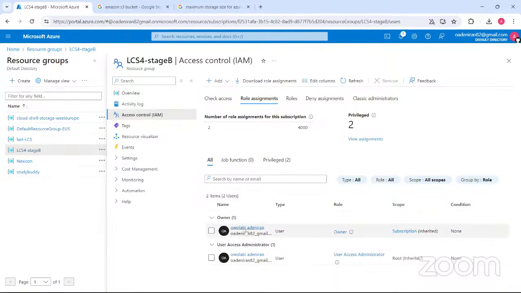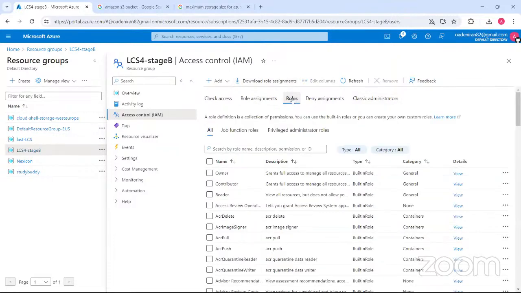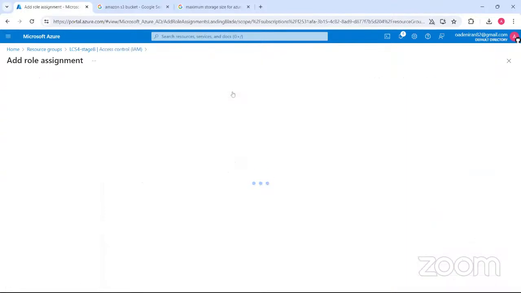So if I come here, you can see the owner is this one with my name, and I'm also the user administrator. So let's say after you created this resource group, you only want that particular developer to create tools in this resource group and not have access to any other resource group. All you have to do is click on roles. When you click on roles, then you can add a new role. So I want to add the role assignment, I want to add a core administrator, and so on. So once I click on add role assignment,